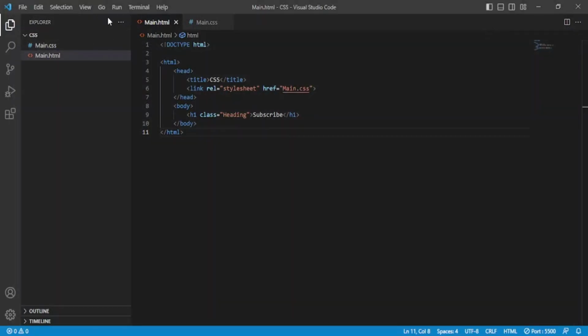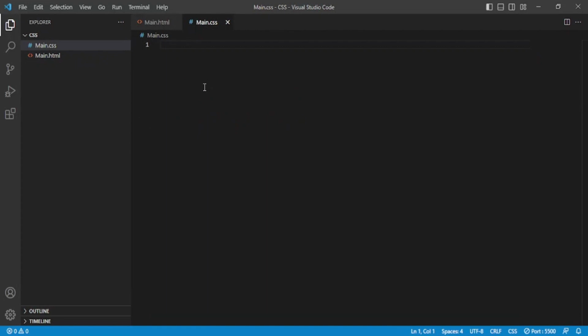Yeah, this is what it looks like, and I really hate how this looks. So that's why we have to edit it with CSS, and that's how professional websites that you use on the internet look really good or modern. They use CSS files. So we're gonna go to main.css, and I'm gonna put in dot heading and the opening